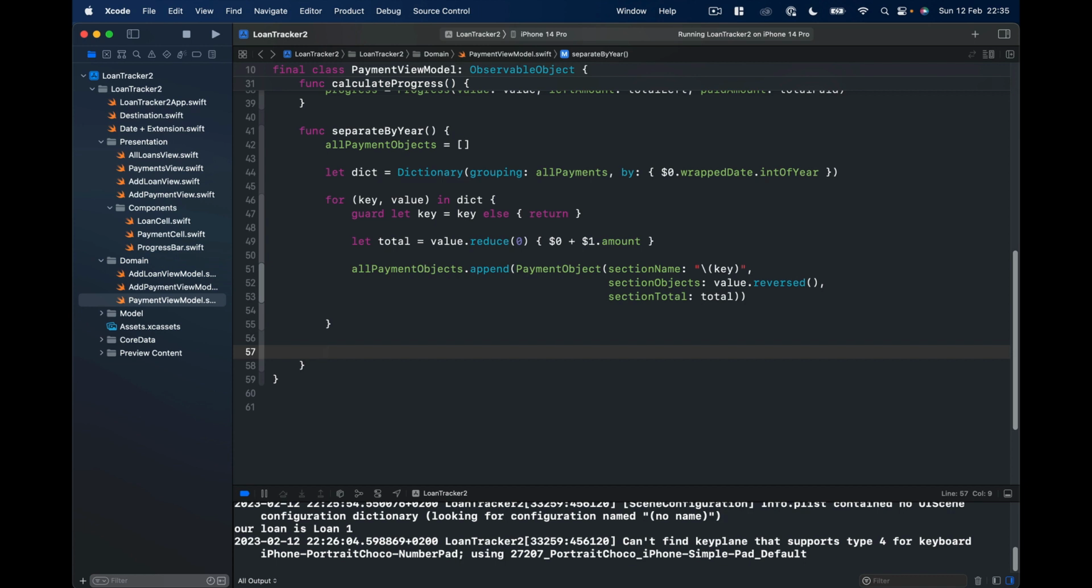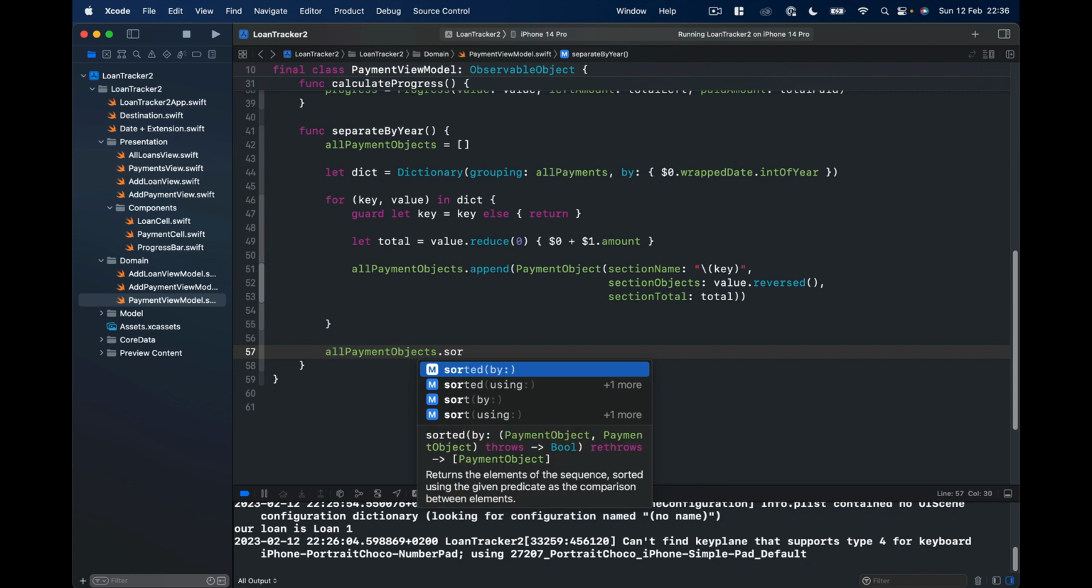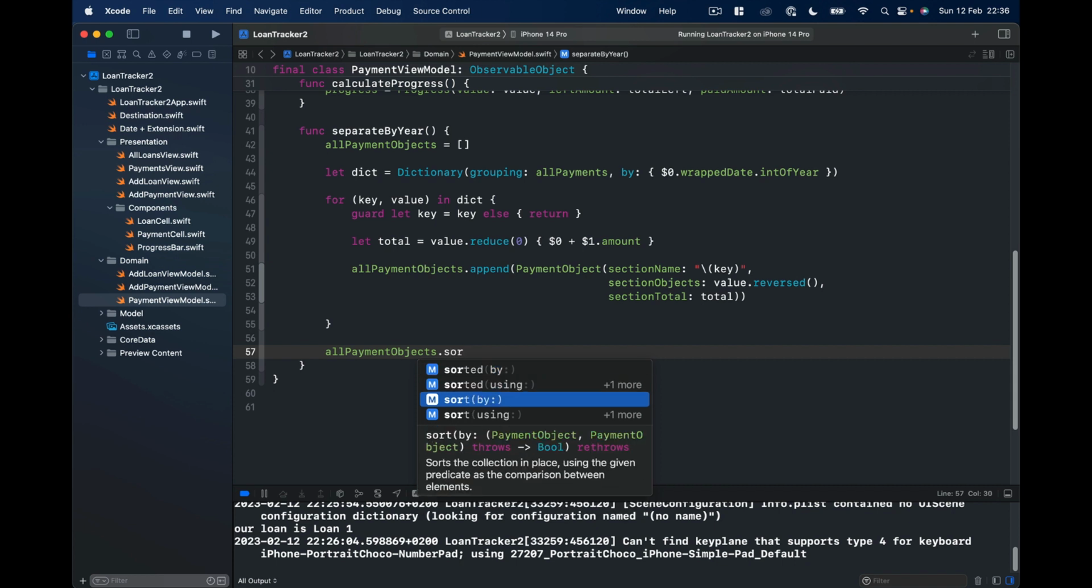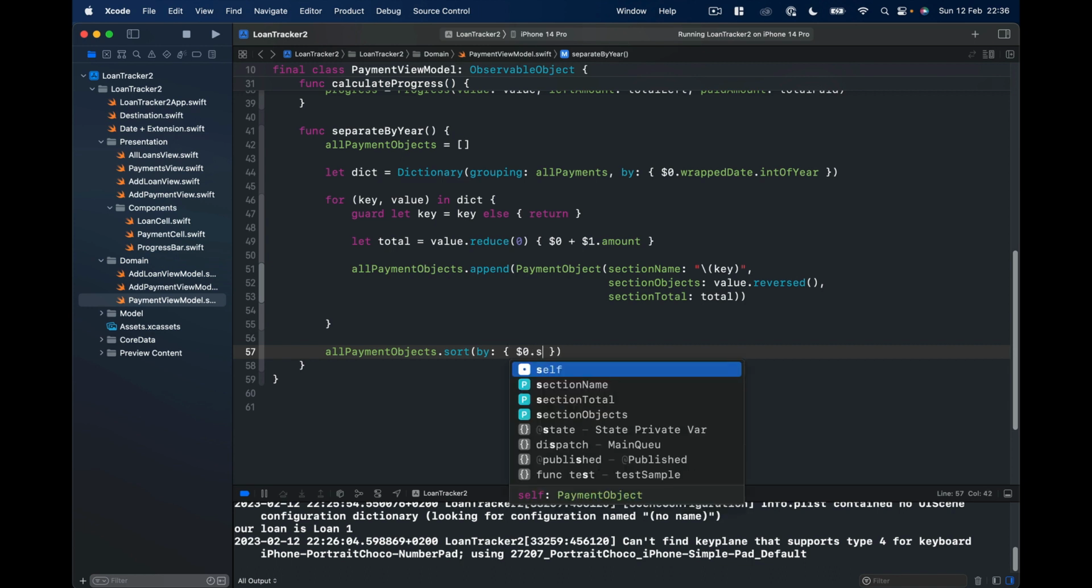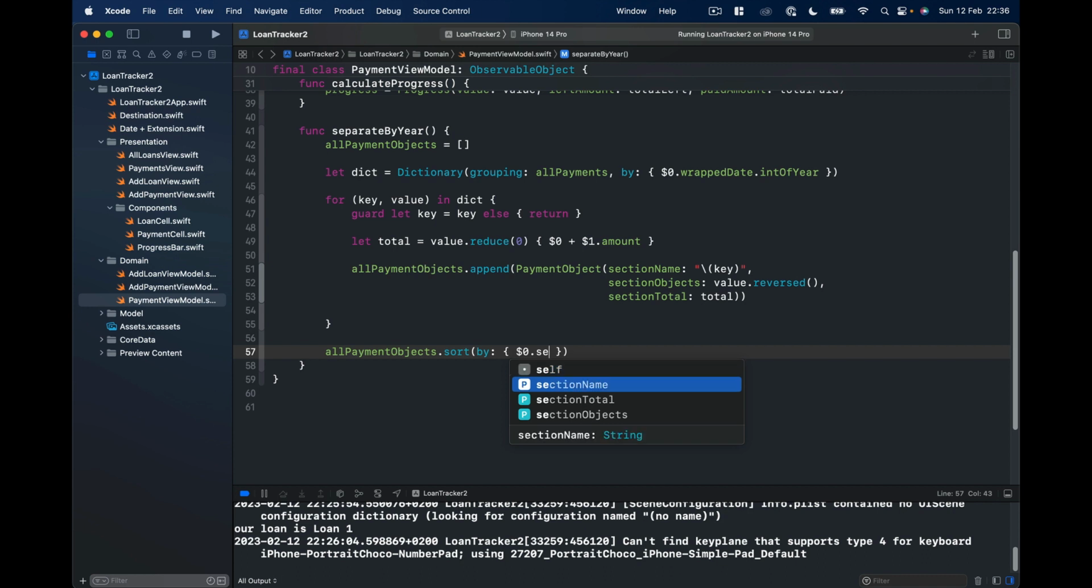And let's sort all these payment objects so that we get the most recent year on top as well. So we say all payment objects sort by $0.section name, which is the year, remember, should be greater than $1.section